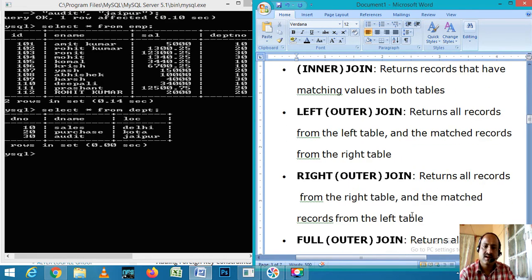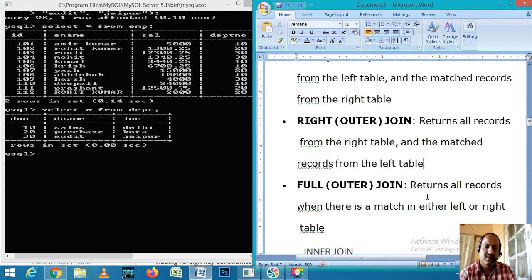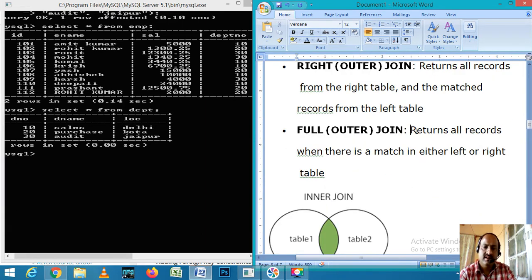In right or outer join, it will return all the records from the right table and similarly matched records from the left-hand side table. Now in full join we can return all the records when there is a match in either the left or right table.